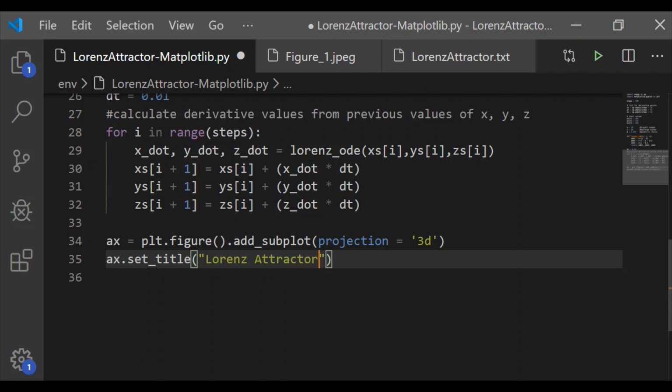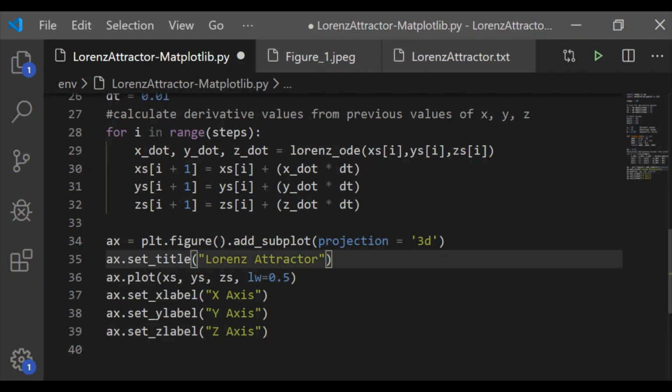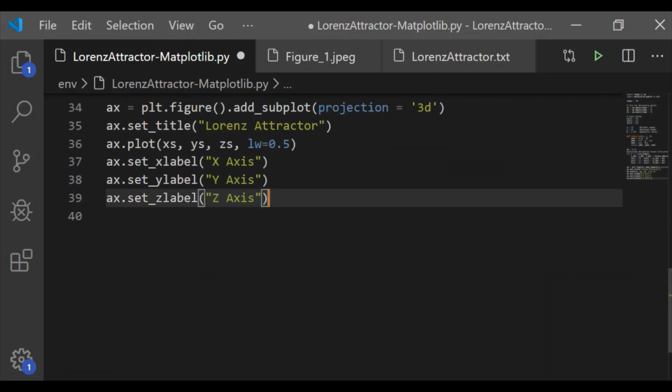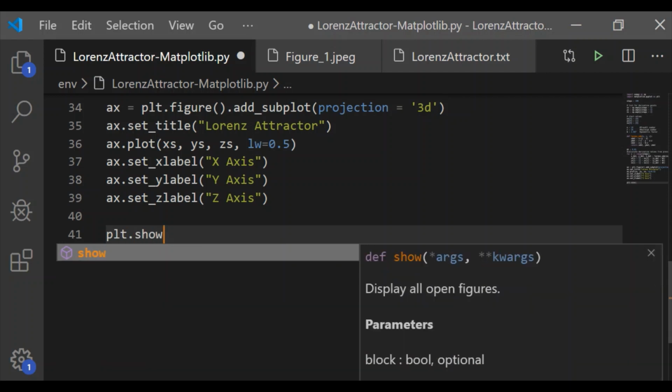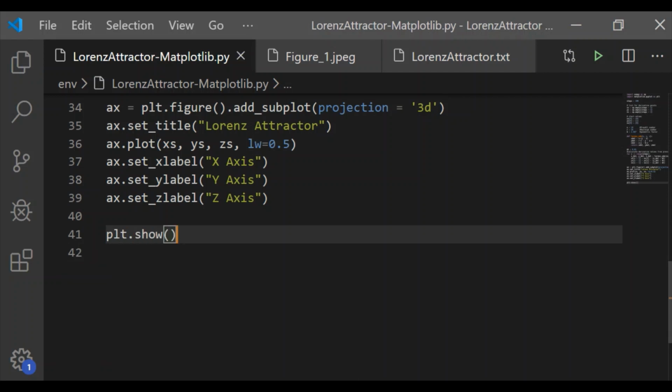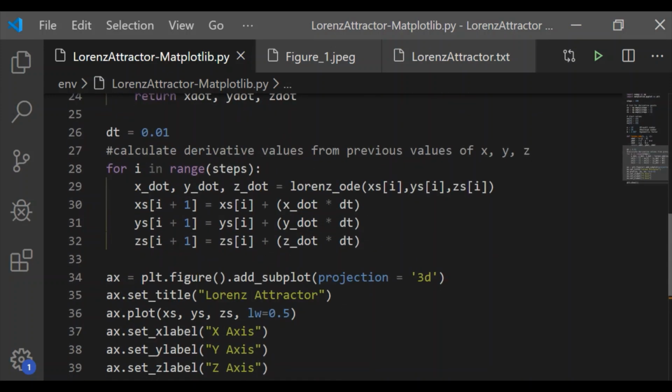And next we will give the parameters for our plot as the three lists Xs, Ys and Zs, and draw it with a line width, and set the labels for x, y and z as x-axis, y-axis and z-axis. And now let us call plt.show so that our plot is made visible to us.